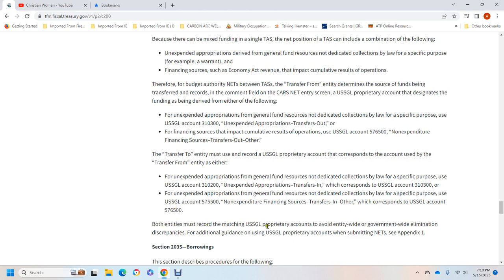Both entities must record the match for the USSGL proprietary account to avoid entity government-wide elimination scripting. Additional guidance to the USSGL proprietary account submitting with